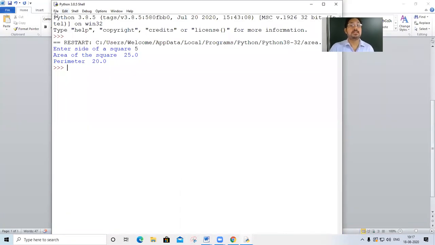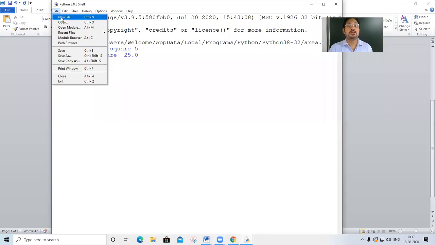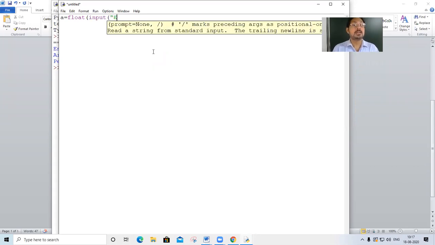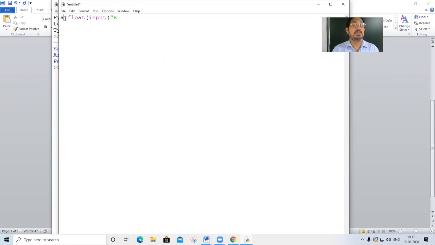So what I am doing here, I am taking a new file, and then first I take A, and then float. Why am I taking float? Because the result may come in decimal also. Input, enter; instead of A you can take P for principal, float, input, enter principal amount.